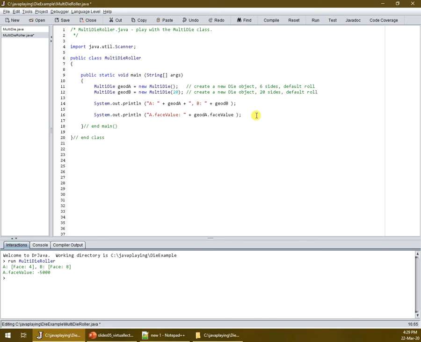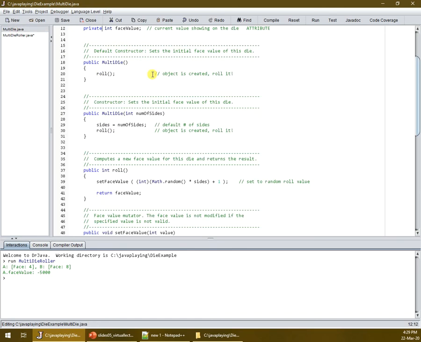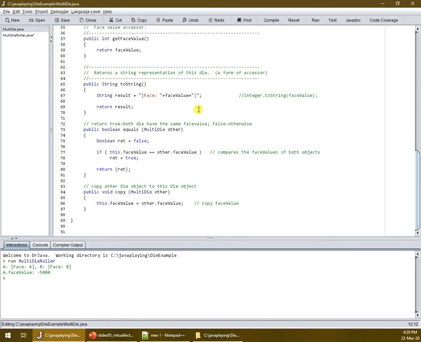Now, there's also one more question to ask before we finish up with this little example of the multi-die roller. If we go down to the bottom, we see that we've got the equals method and the copy method. The equals method looks and sees if the two multi-die objects are the same. What does that mean to be the same? So if one die equals another one, are we